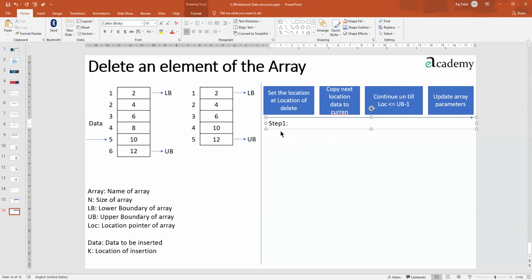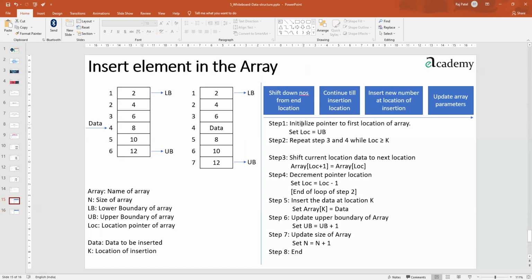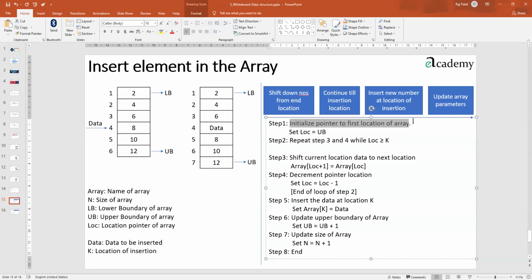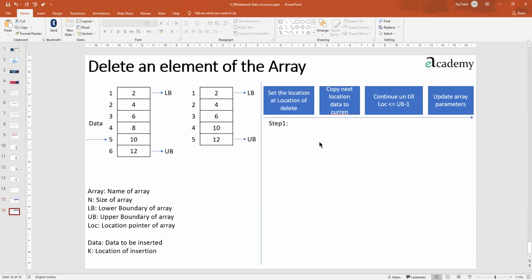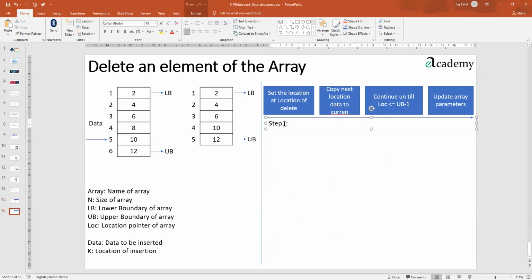So we have started with some terminologies, the methods we are going to go ahead with. Last time we started with the initialization of the pointer. We will maintain our language so that we develop the same. Initialize the pointer to the first location of the array?